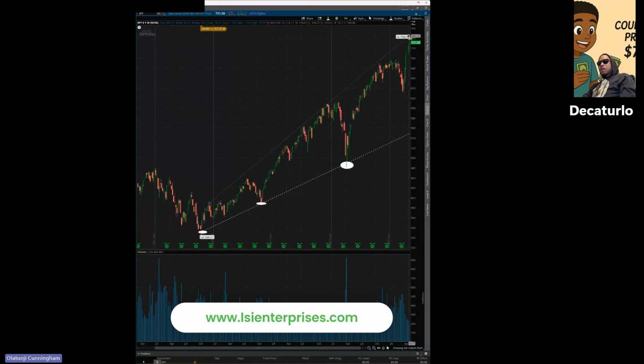Might leave this chart on so you can see. Damn, we were so close. My target was about 740 to 770. Yeah. And then I just saw the news saying something about